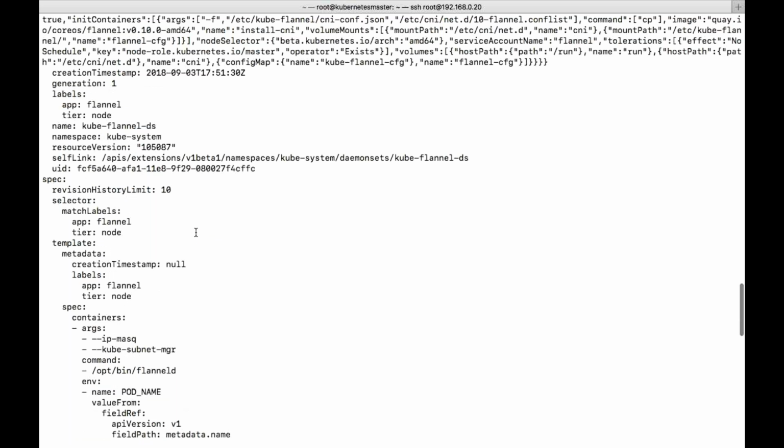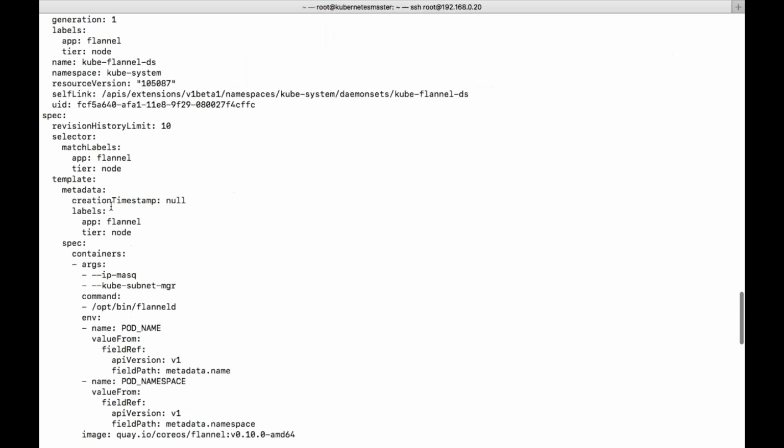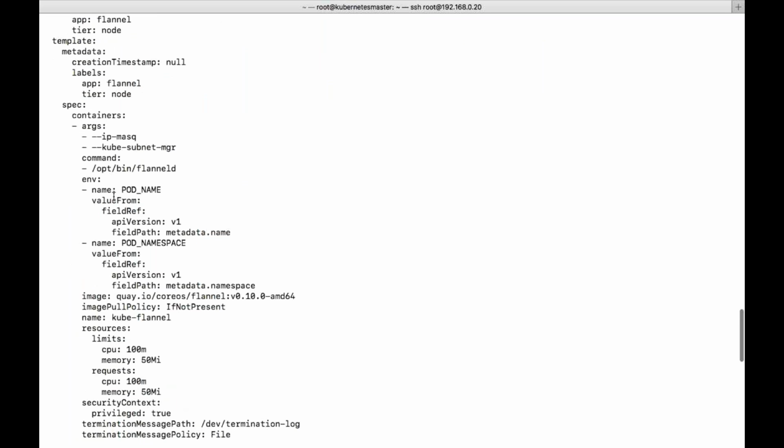They have given labels. The spec means they are trying to create these containers. The template is common. They are using this particular image of Flannel, with image pull policy if not present. The name of the image is kube-flannel. The resource limits are the limits they are using. Then security context, termination message, volume.